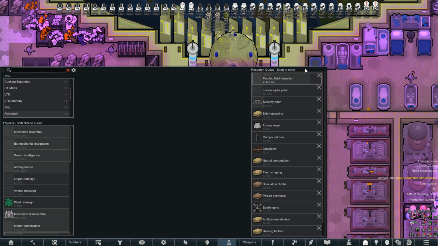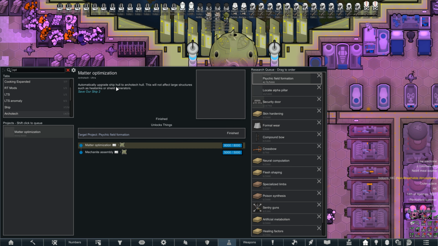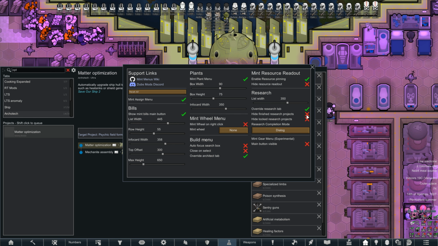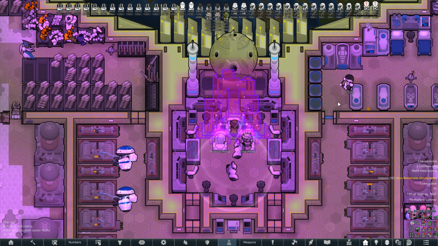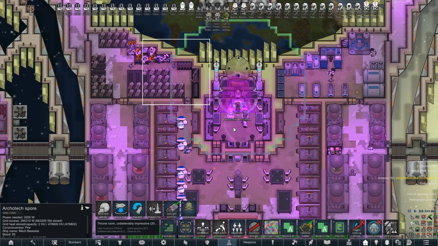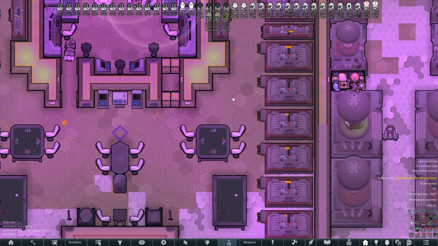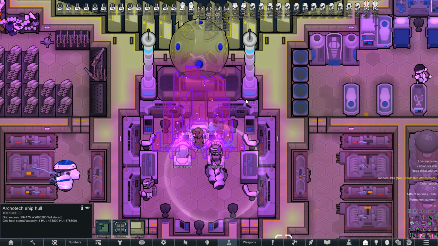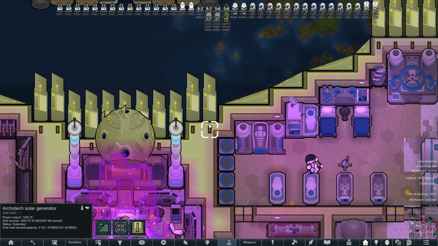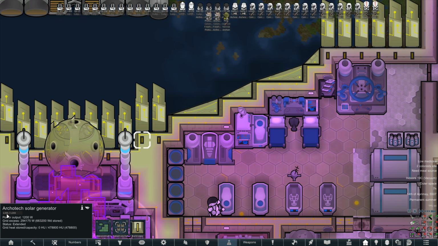But if we show finished research projects, one of these was matter optimization. Automatically upgrade ship hull to Archotech hull. This will not affect large structures such as heat sinks or shield generators. So that completed, and as soon as that completed, from our Archospore, we've started to change the hull of the ship. So we have Archotech hull plating here, we have Archotech ship hulls, and even our solar generators have swapped